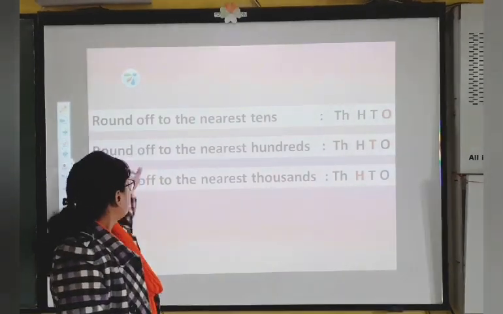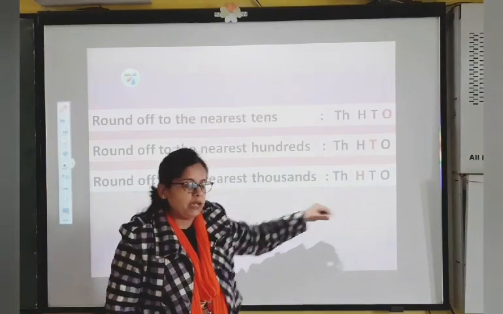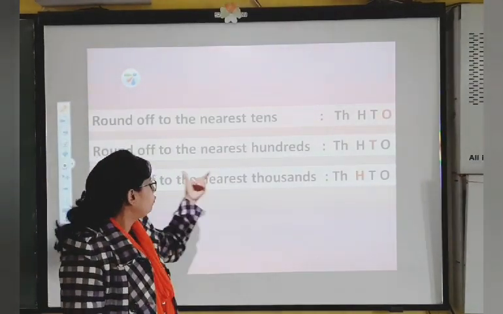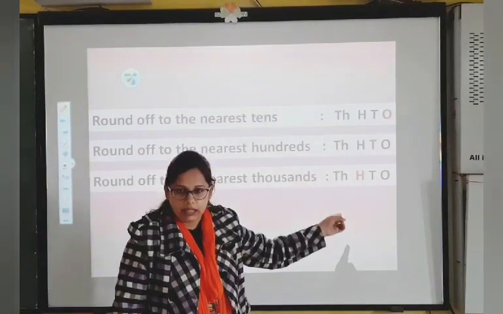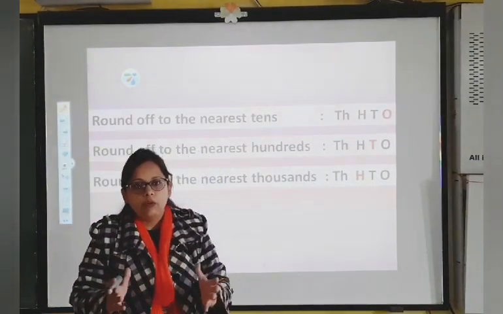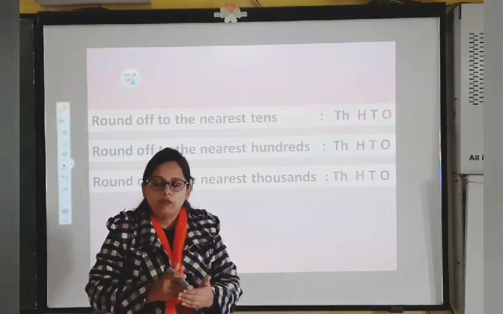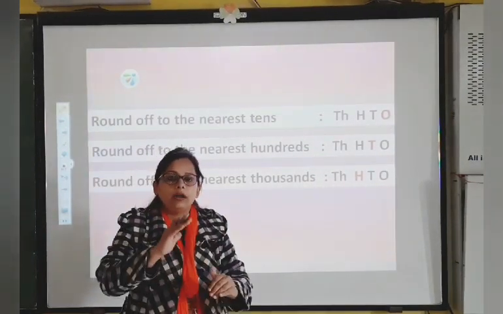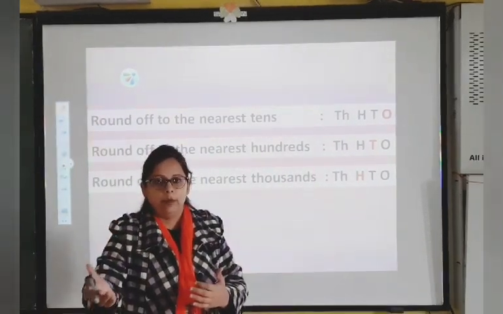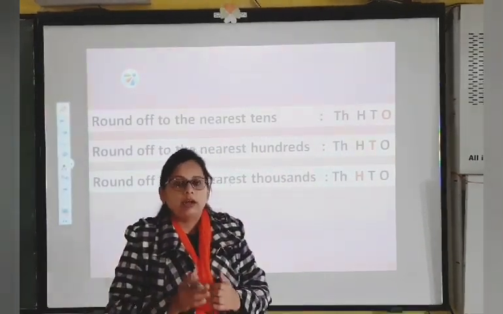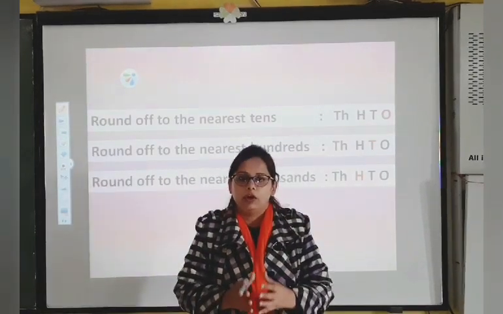Okay, so rounding off to the nearest 100, you have to look at the digit which is on the tens place. Well, for rounding off to the nearest 1000, you have to look at the digit on the 100 place, and the rest of the rule will remain the same, that if the digit is 4 or smaller, you have to round down, or if the digit is 5 or more than 5, then you have to round up. So I hope children this is clear to you how to round off the number and what is the need of rounding off the number.